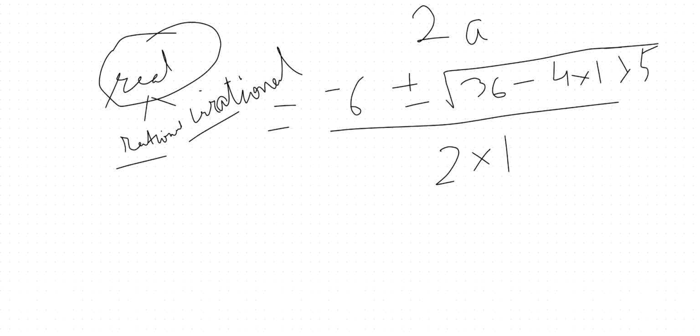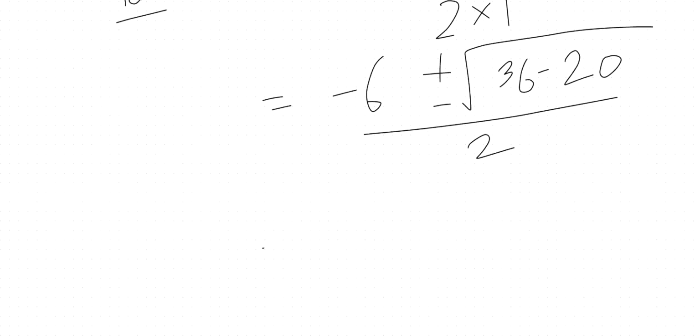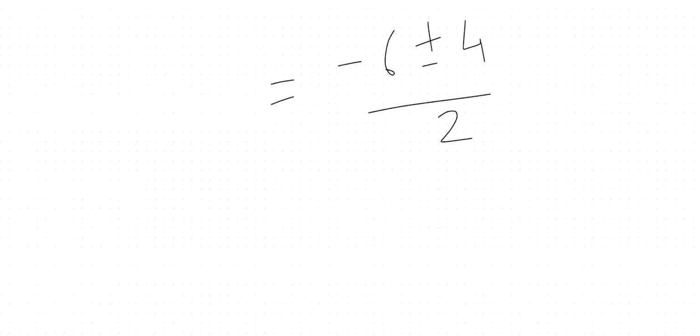ये बन जाएगा आपका -6, because -6 क्या था, -b. उसके बाद आप जो इसमें सॉल्व करोगे डिस्क्रिमिनेंट तो ये बन जाएगा 36 और -20 आप यहाँ पे करोगे, फिर आपके पास आएगा 2, और आप इसको अगर सॉल्व करोगे तो -6 प्लस माइनस √16 अपॉन 2, तो ये बन जाएगा -6 प्लस -4/2। अब अगर इसको आप सॉल्व करोगे तो आपको दो आंसर्स मिलेंगे।